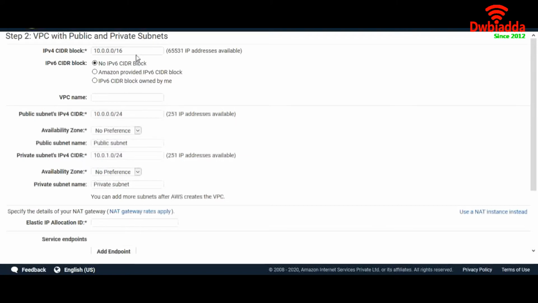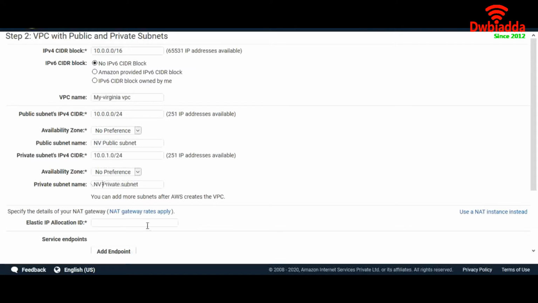Now this is our CIDR value for our VPC, which we are going to create in the North Virginia region. Okay, and I'm going to name it my North Virginia VPC.